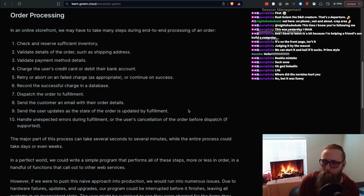As appropriate, or continue on success. Record the successful change in a database, dispatch the order to fulfillment, send the customer an email with their order details. Send the user updates as the state of the order is updated by fulfillment. Handle unexpected errors during fulfillment or the user's cancellation of the order before dispatch, if supported. The major part of this process can take several seconds to several minutes, while the entire process could take days